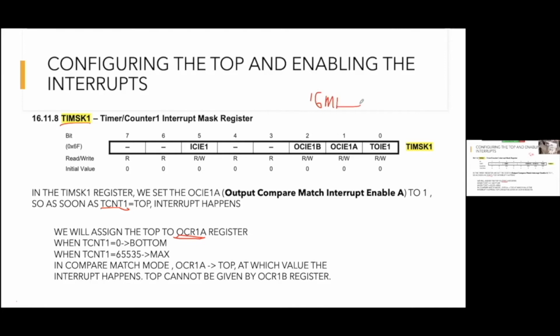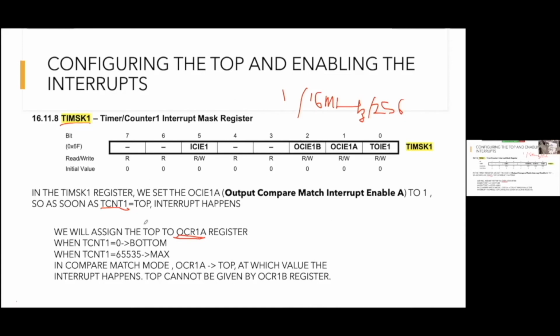So it was 16 megahertz with a prescaler of this. This was the frequency, and its reciprocal will give the period. So our timer will be basically incrementing every this much seconds.